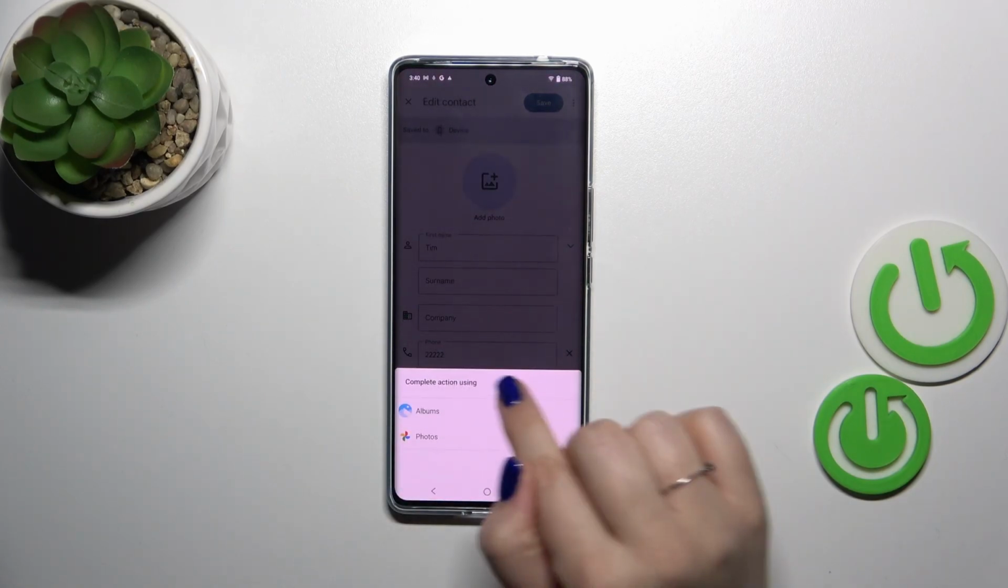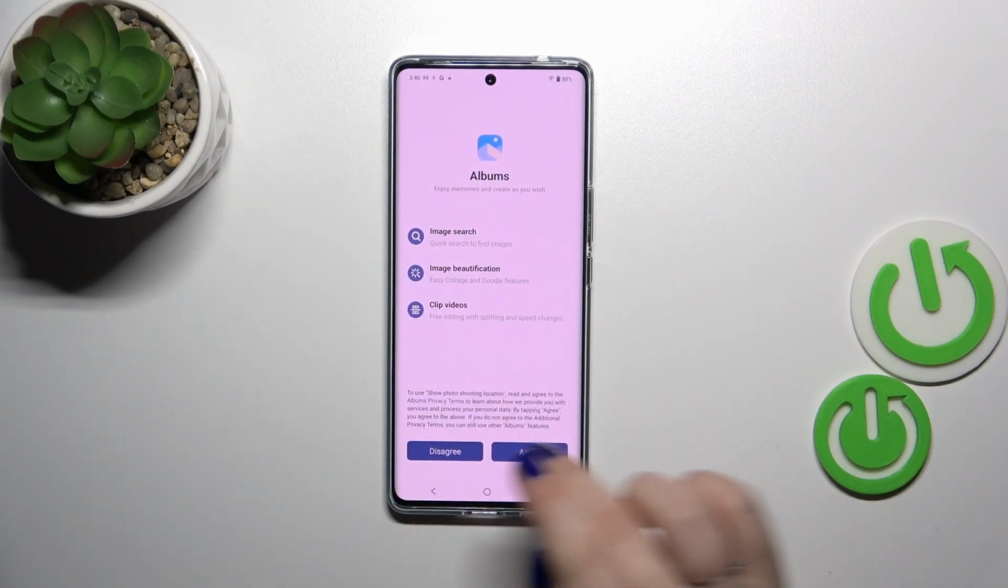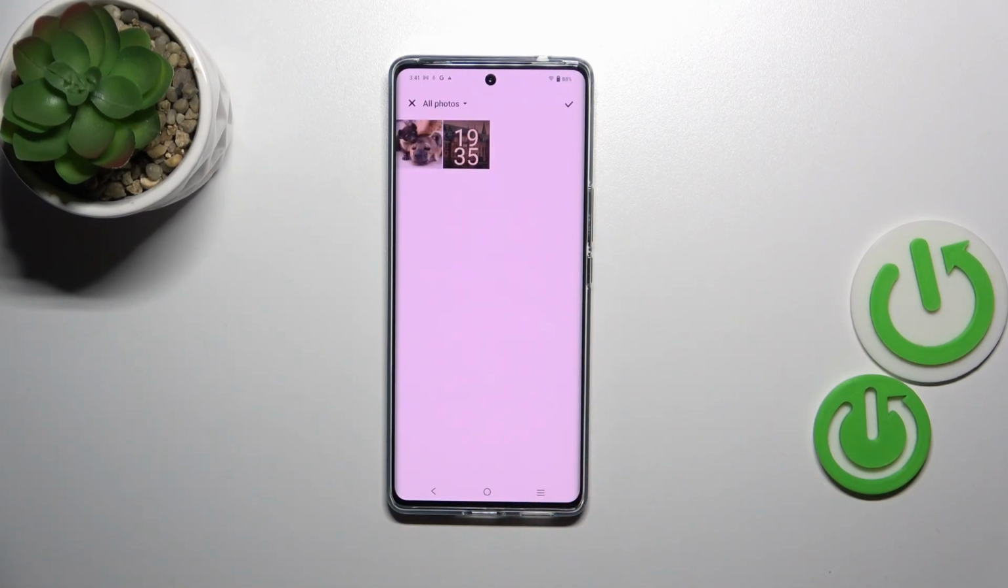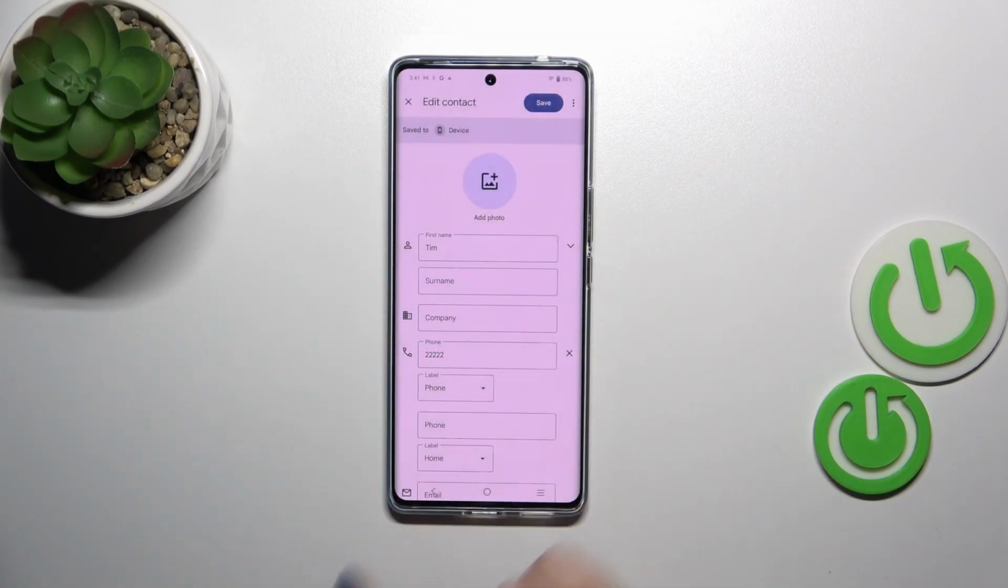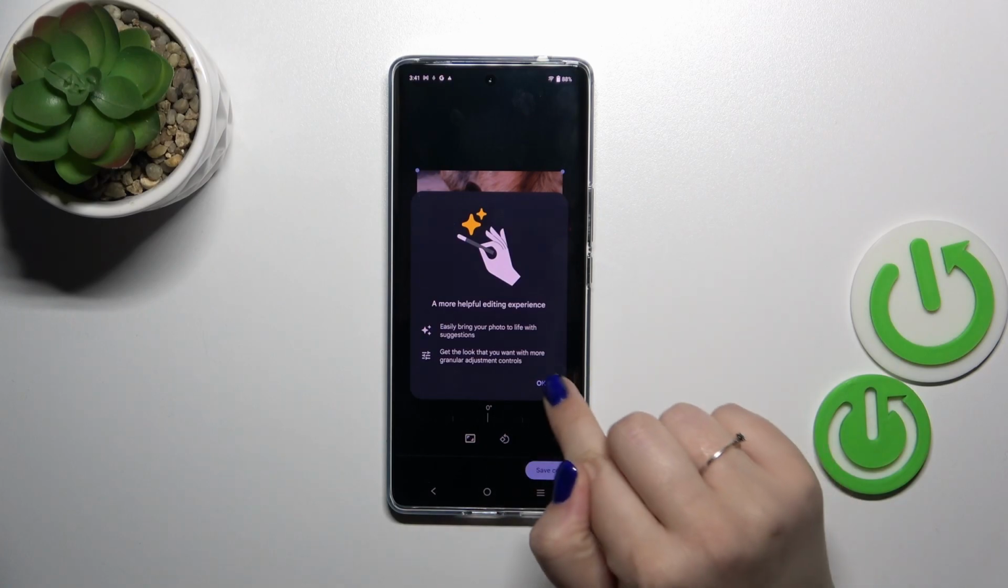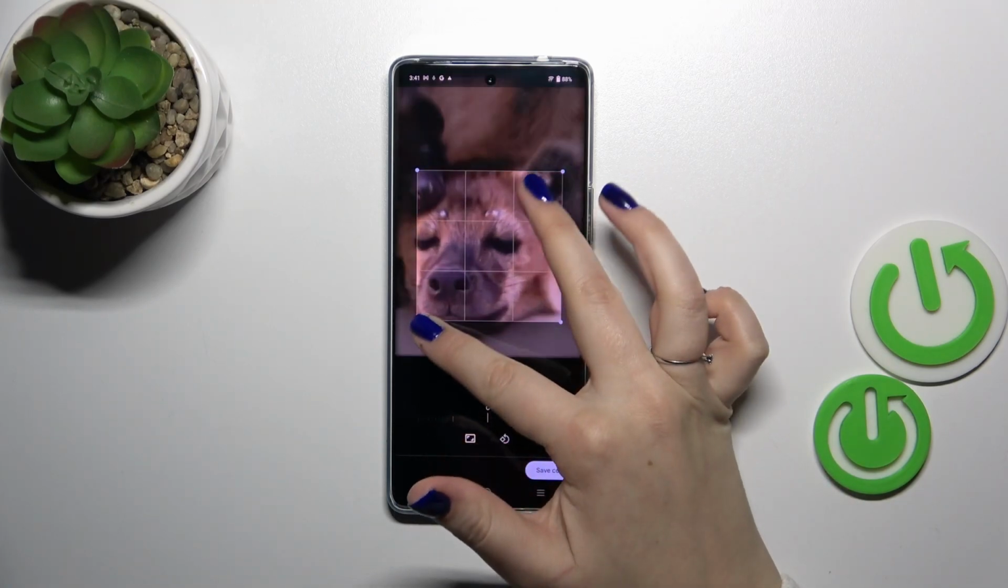So let me tap on it, just choose the album, of course give all the permissions, find the photo you'd like to use and tap again, permissions, tap on OK. And here in this step you can change the position of the photo, you can zoom it in or out,